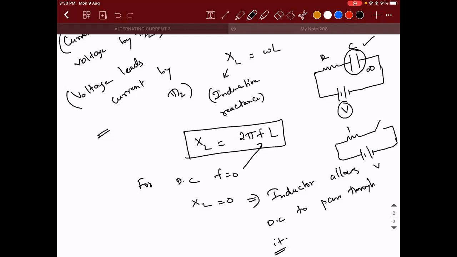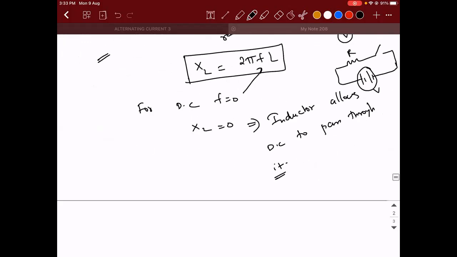Are you able to understand what I'm trying to say? Yes, sir. Means a capacitor can be replaced with an open switch. Under what scenario? When it is connected across what kind of a source? When it is connected across a DC source. Whereas when you connect it across AC, it will allow the current to flow through.